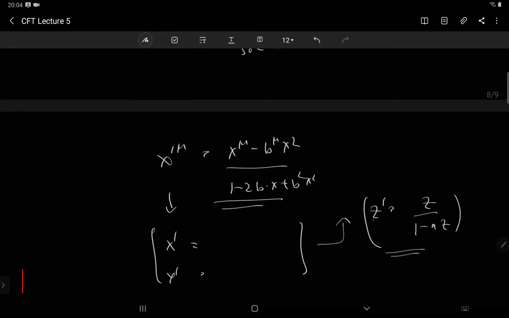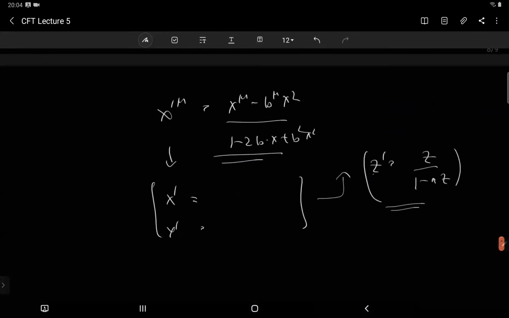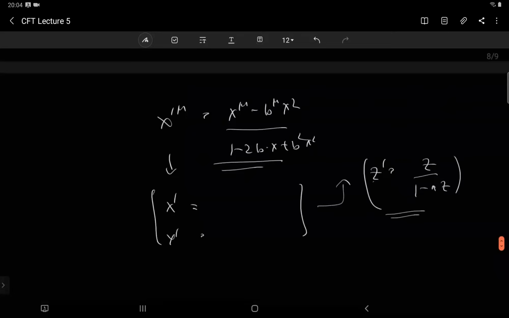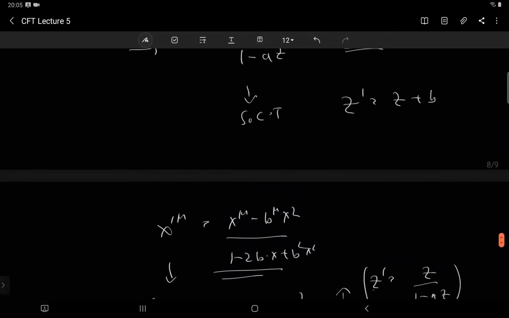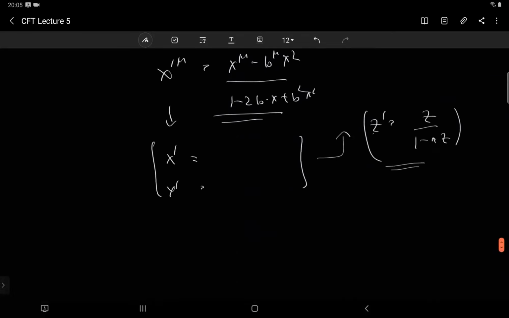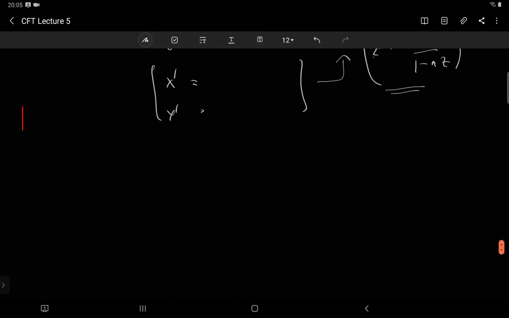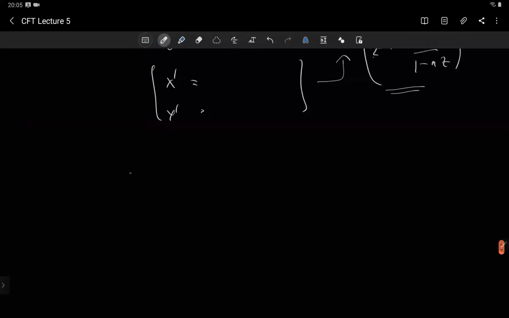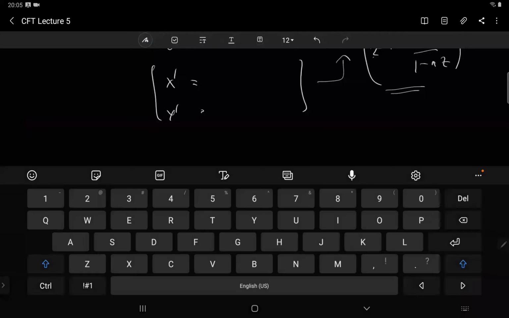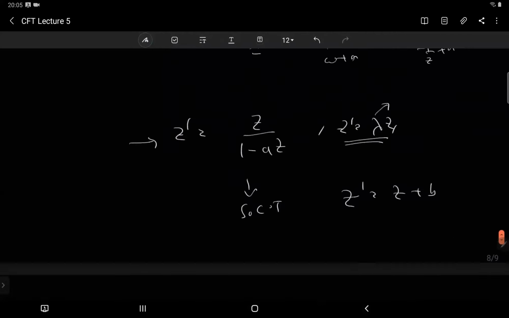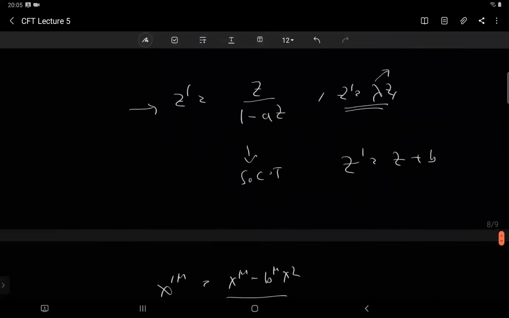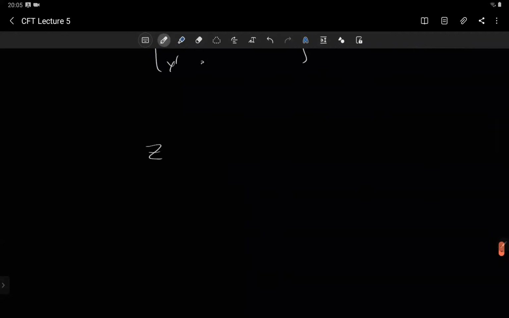You can show that this transformation is exactly the same if you write it in complex coordinates. I'm not showing this, but it's easy to show, so this will be one of the assignments that you can submit. You just have to do x plus iy, and then you'll get it. Actually, all these transformations you can write down in a single way, in a single expression, and that single expression is just this.